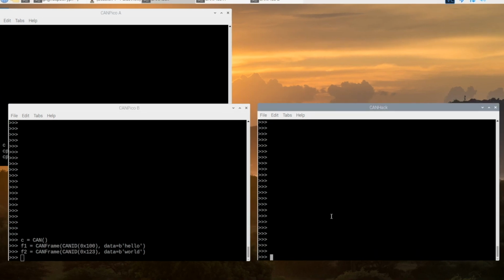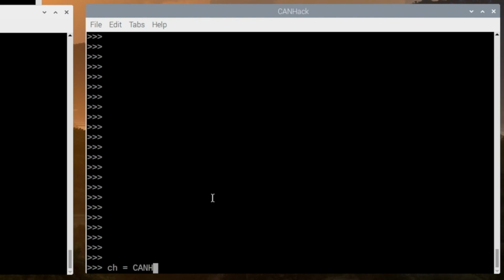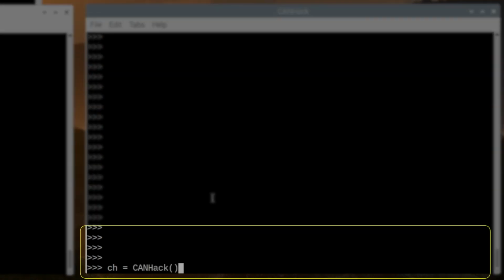So the way we'll do that is to create an instance of our CANHack toolkit, and we will set the CAN ID that we want to attack, which is going to be 123. And the way we'll do it is with the error attack function.